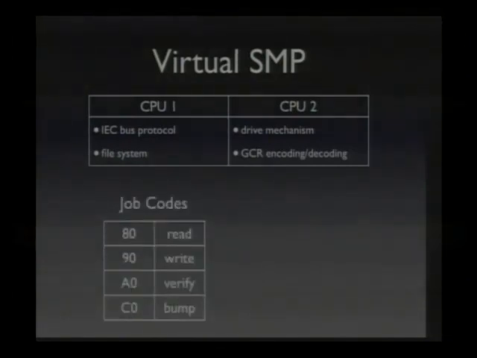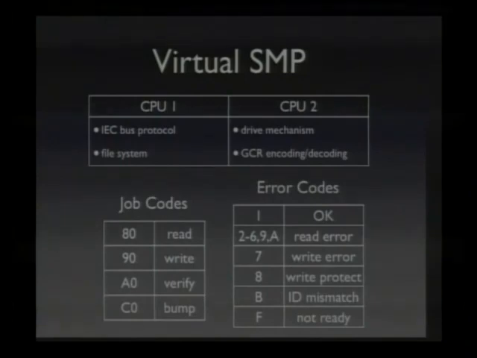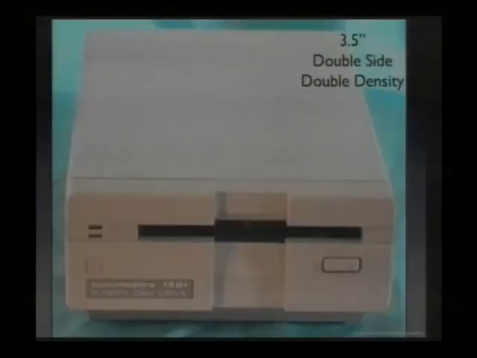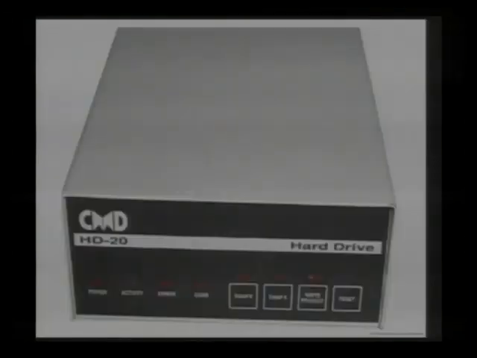On this 1541, it was shared on one CPU. It switched between those two. One wrote job codes and the other one wrote back the error codes. There's also a double-sided version. There's a 3.5-inch version, which wasn't as popular because it was not as compatible. There was even a